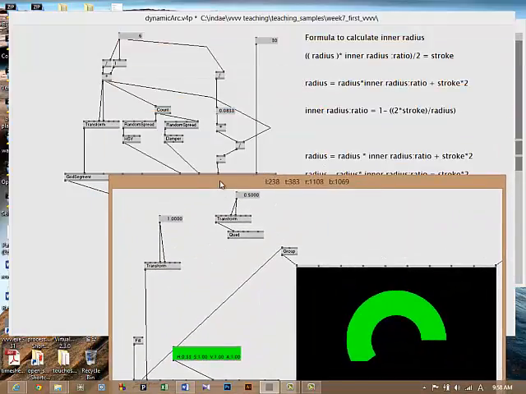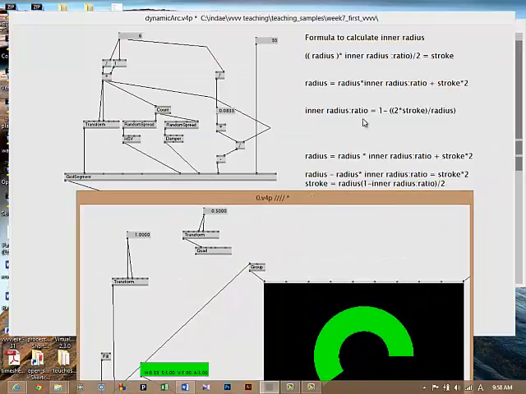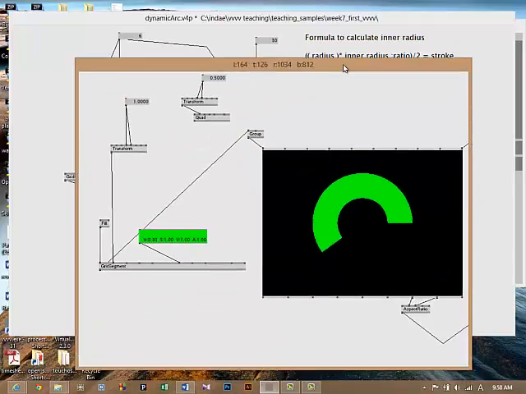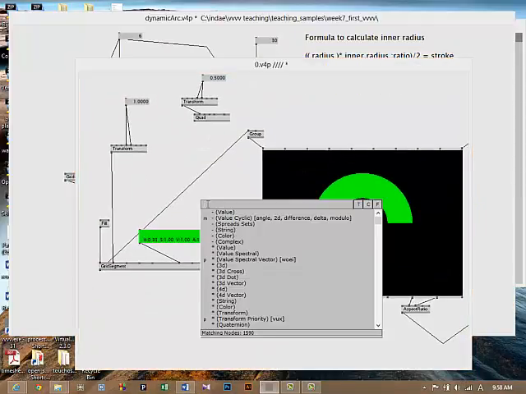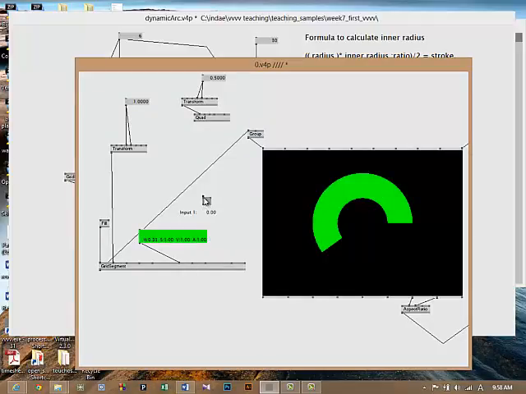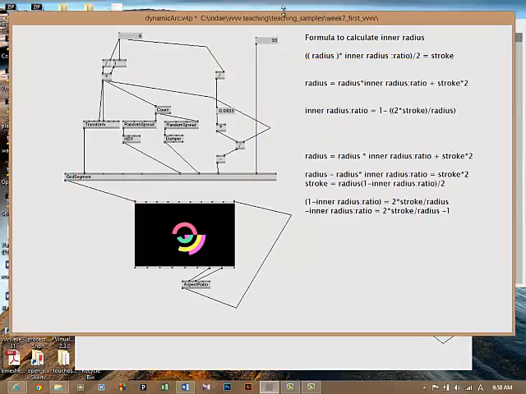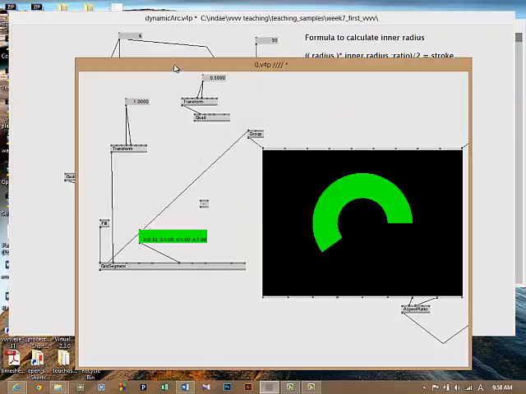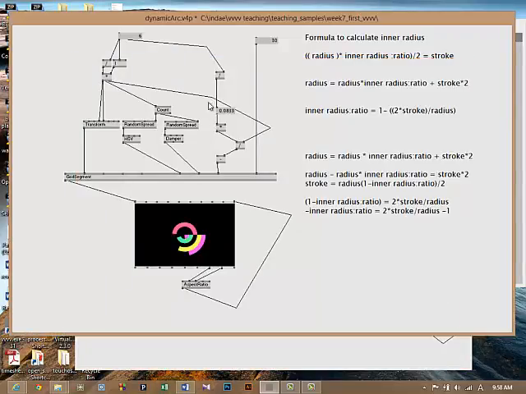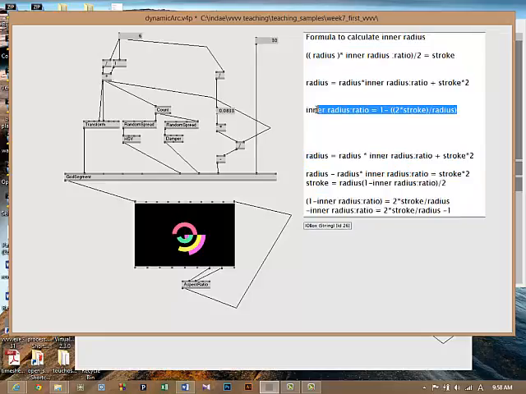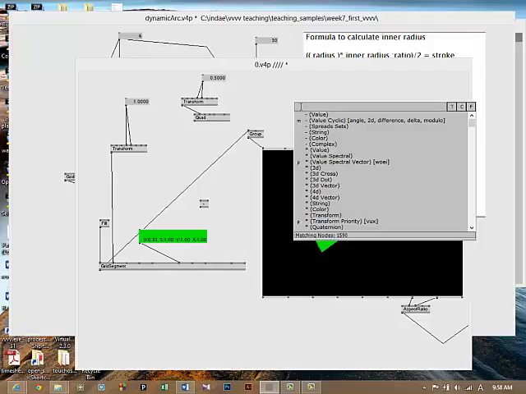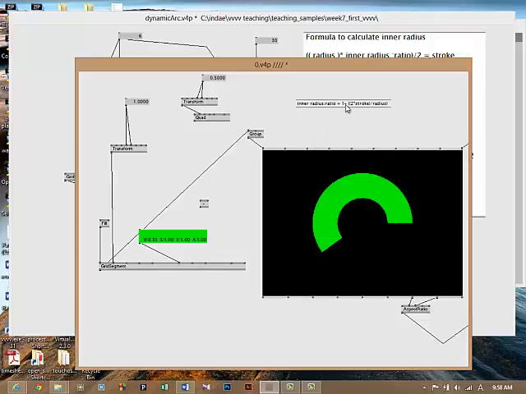So radius, radius mean is -1, -1, and then I'm going to copy this one. I want to use the occasion. Okay, so